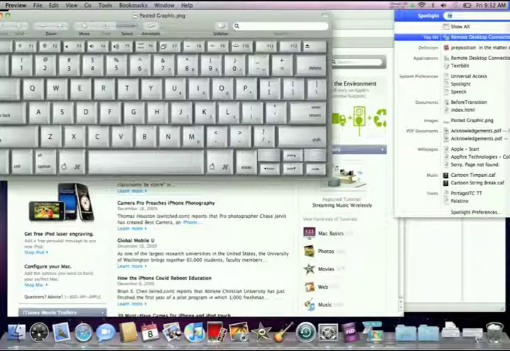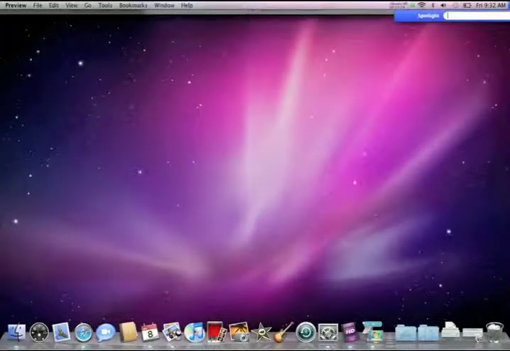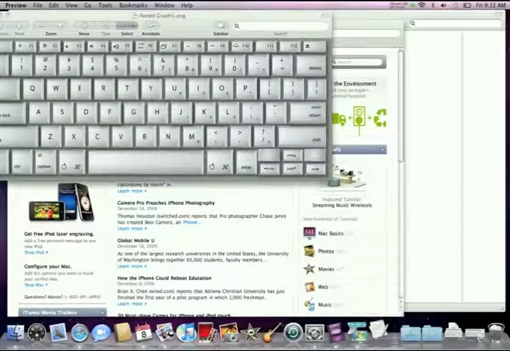What you do is once you invoke this Spotlight, either by clicking it or by pressing Command space, you can just type anything you want. And for example, a notepad back in Windows has an application called Text Edit. So if you just type TEX, it brings the first hit list here. And because I have used Text Edit on this Mac before, it knows my preference is Text Edit when I type TEX. So it brings up the Text Edit,